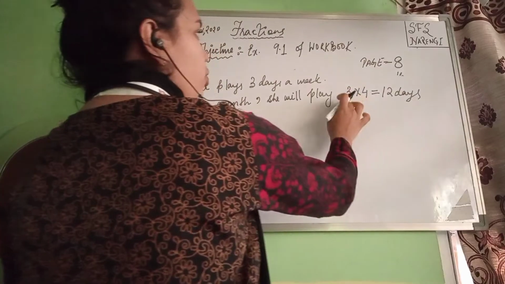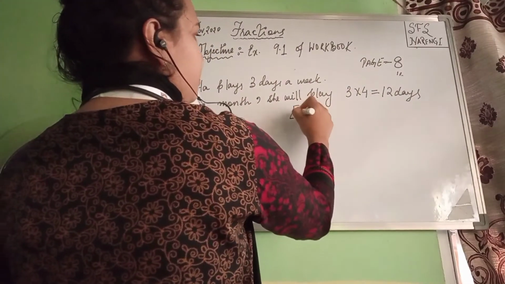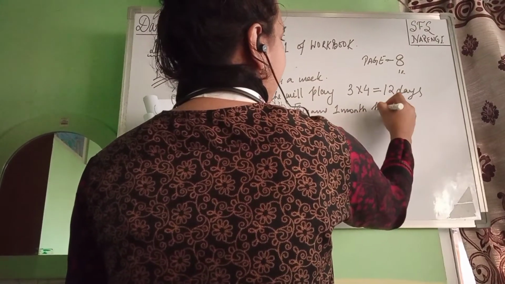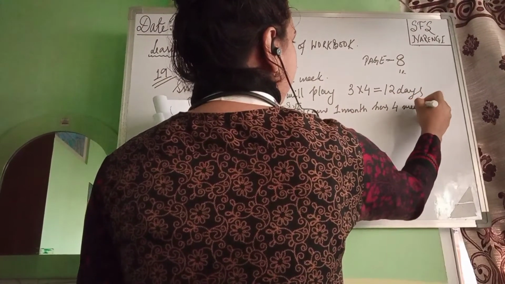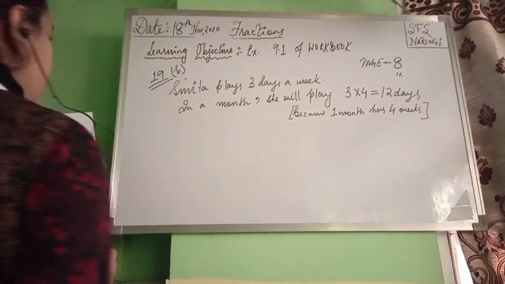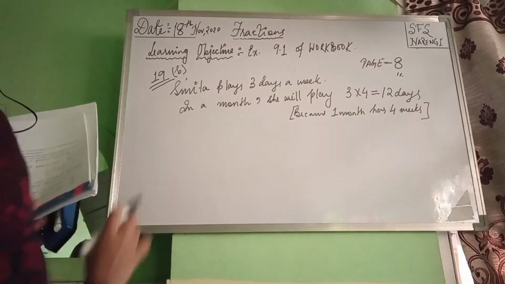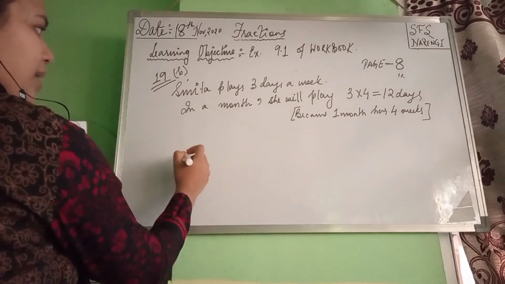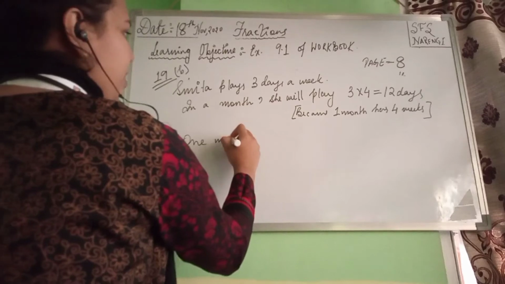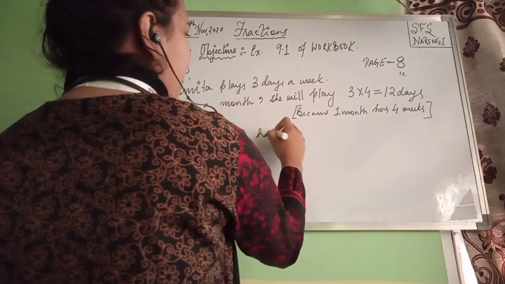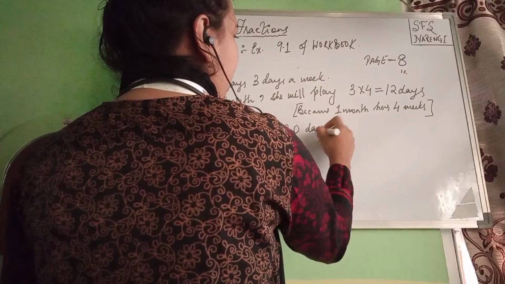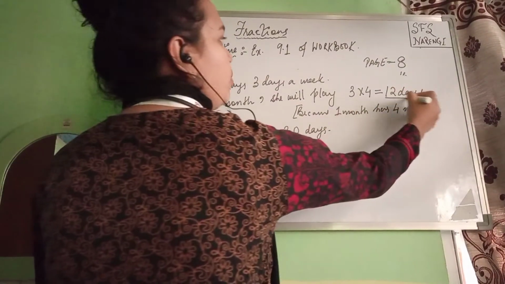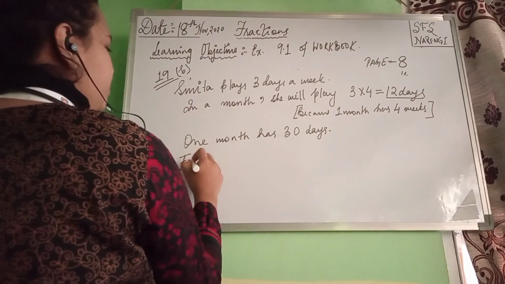Why am I multiplying 3 into 4? Because 1 month has 4 weeks. So in a month, she will sing for 12 days. How many days does 1 month have? 1 month has 30 days. Right, children? Since 1 month has 30 days and she sings for 12 days, the fraction